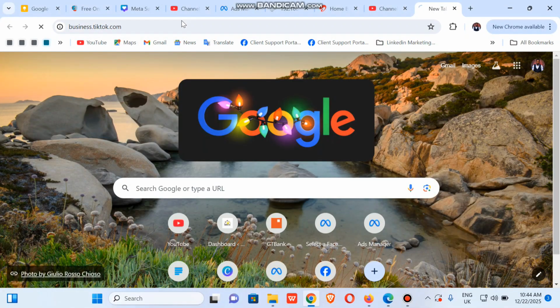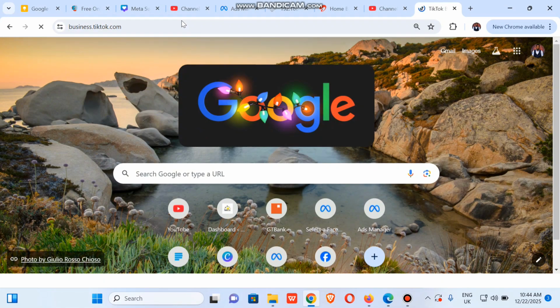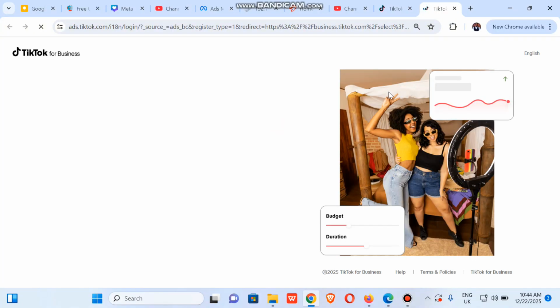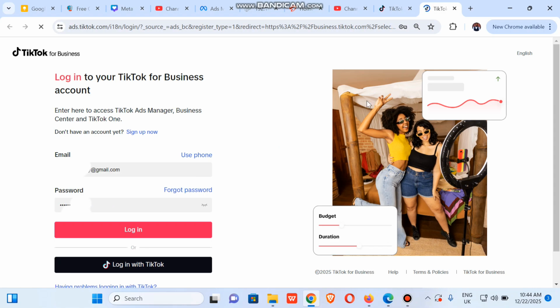So let's jump right straight in. You visit business.tiktok.com. It's going to take us to Business Center, then we log in. Definitely you should have an account. So you click on the login button. Take note, for you to be able to create an agency ad account, it means your Business Center account should be an agency Business Center account. So next you click on login, or if you're already logged in,